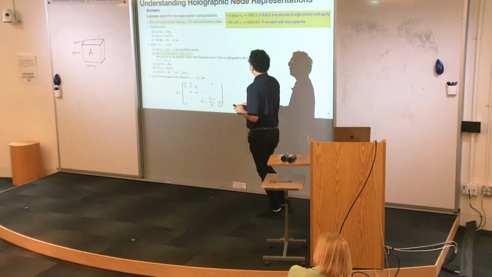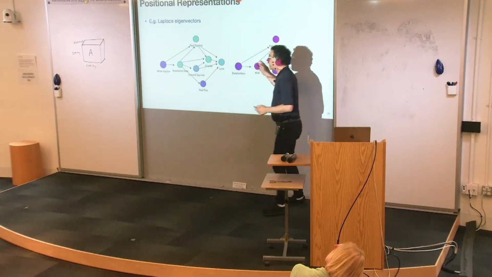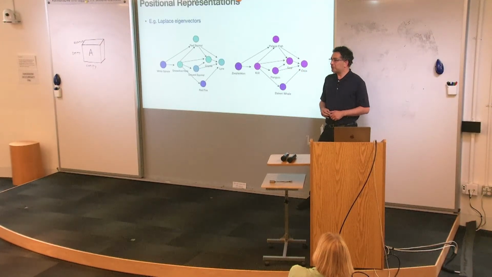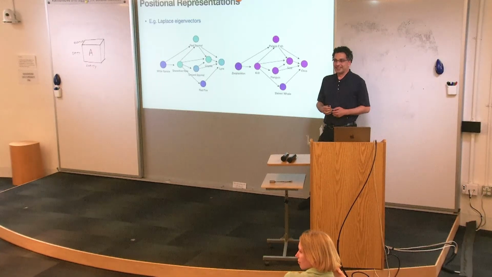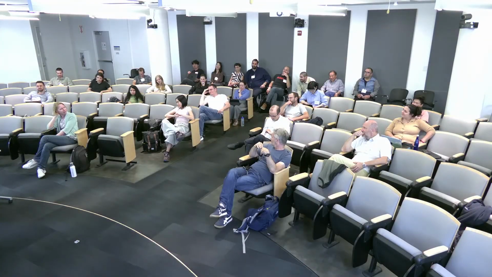Okay. So for instance, if you use eigenvectors, right? Have you ever seen a paper using eigenvectors for node classification? Have you ever in your life seen a single paper using eigenvector for node classification? You have? As a baseline. Yeah, but does it work? No. For some graphs, it does.